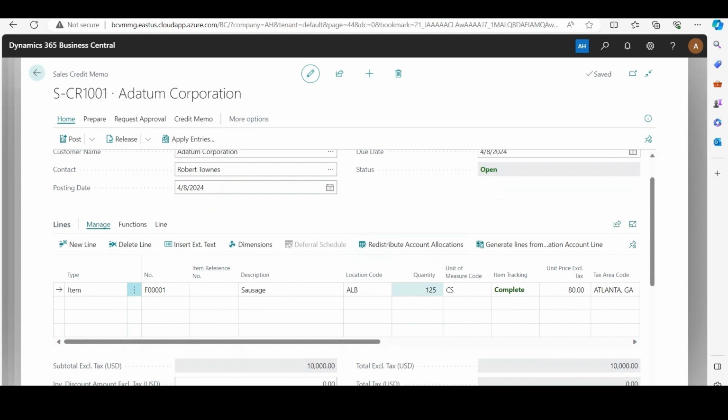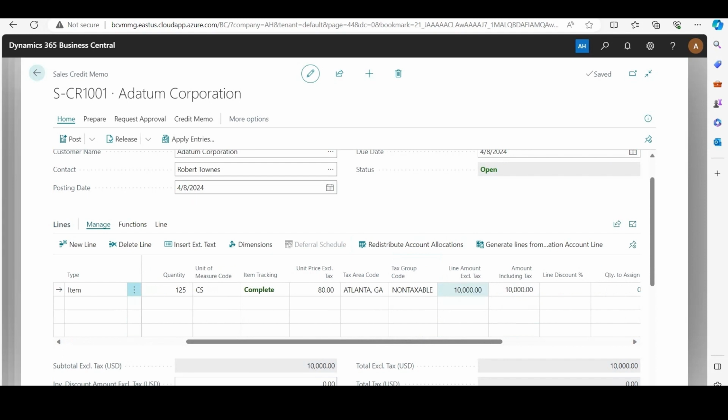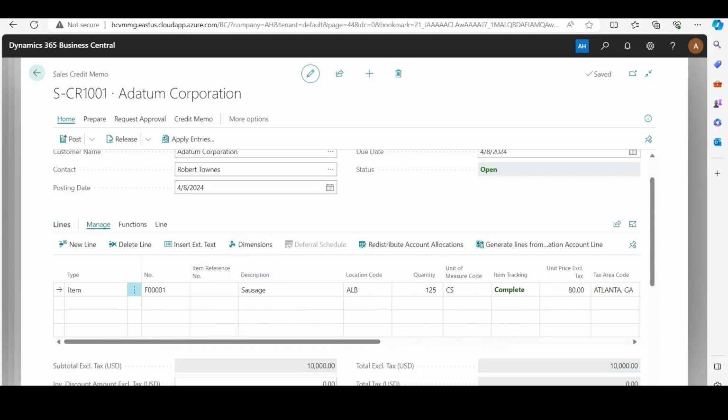In the amount of 125 units. Now, of course, 125 units is the full $10,000 amount of the sales order. Therefore, reversing this transaction through a sales credit memo would reverse the entire $500 rebate amount. Now, if we click on Post,